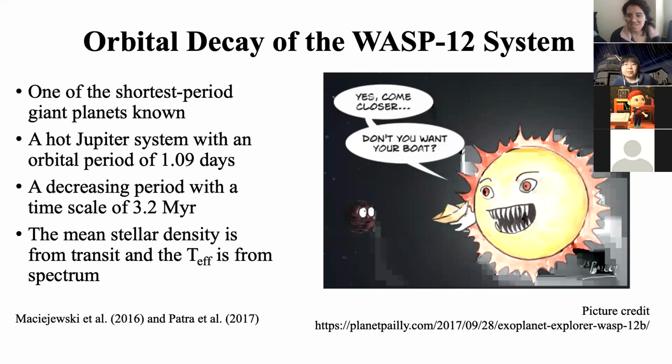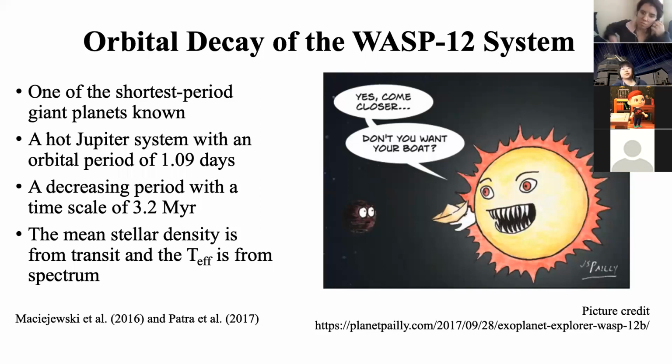Okay, the first application of my calculation is to get the orbital decay rate for the WASP-12 system. This system is so interesting because this is one of the shortest period giant planets. WASP-12b is a hot Jupiter with an orbital period of only 1.1 days. By 13 years of follow-up observations, many groups confirm that this system is decaying with a time scale of roughly 3 million years. From transit, we also have the star mean density measured, and we also get the effective temperature